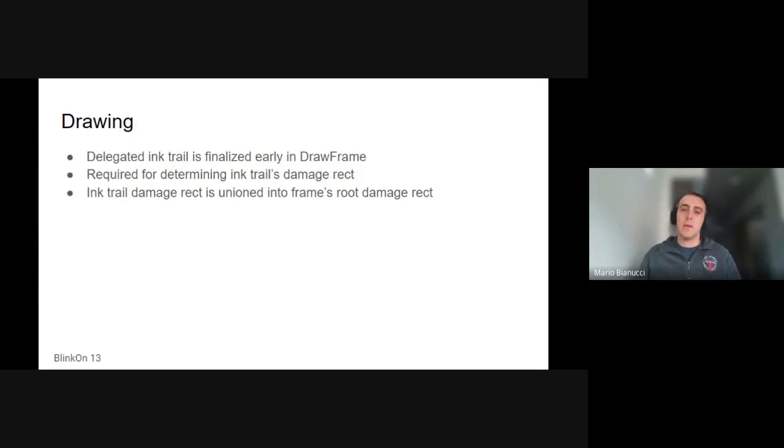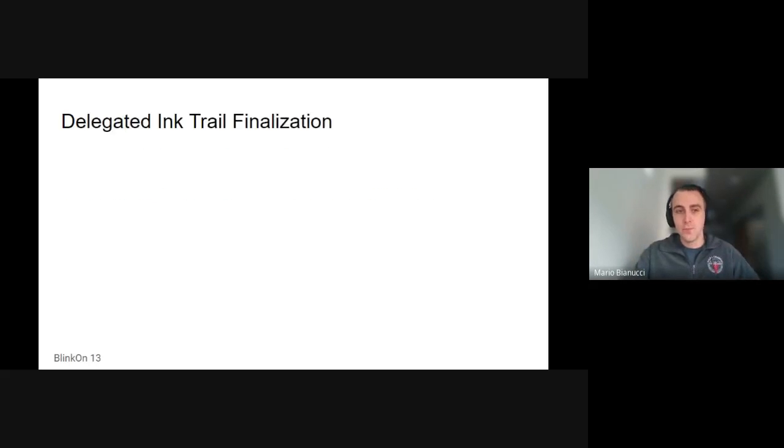And then once we have that damage rect, we can union it into the frame's root damage rect so that we can ensure that drawing actually occurs on the portion of the screen that the trail is either being removed from or drawn onto. To get into the finalization process a little bit, the first step is to actually just